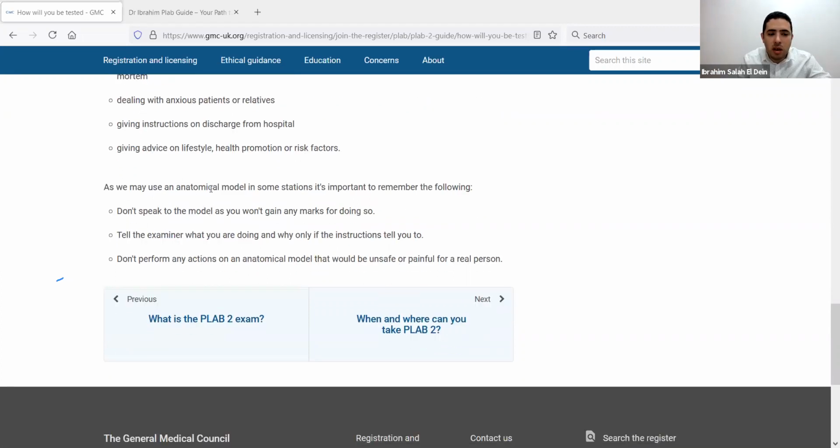As we may use an anatomical model in some stations, it is important to remember, because such a situation seems very hilarious to the examiner. Okay, don't speak to the model as if you want to gain any marks for doing so. Like if you were asked to take a blood sample from the model, in the same cubicle you will have a role player sitting in one corner of the room, and you will explain everything to him, and you will do the procedure on the mannequin, but you will watch the facial expression of the role player, not the mannequin, because it